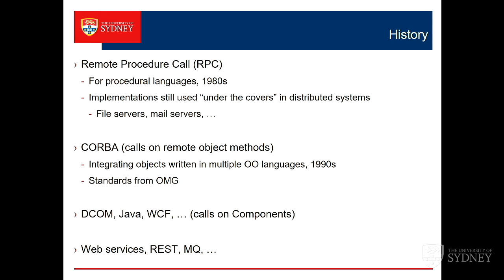SOAP is agnostic about the transport layer. You could send SOAP messages via carrier pigeon if you wanted to. The marshalling and unmarshalling is writing bits of paper, but you could do it. It doesn't care, but normally HTTP, and all XML based. So an XML webby sort of thing. And that is what web services are. The WS star web services set of things, set of standards, is in that world.